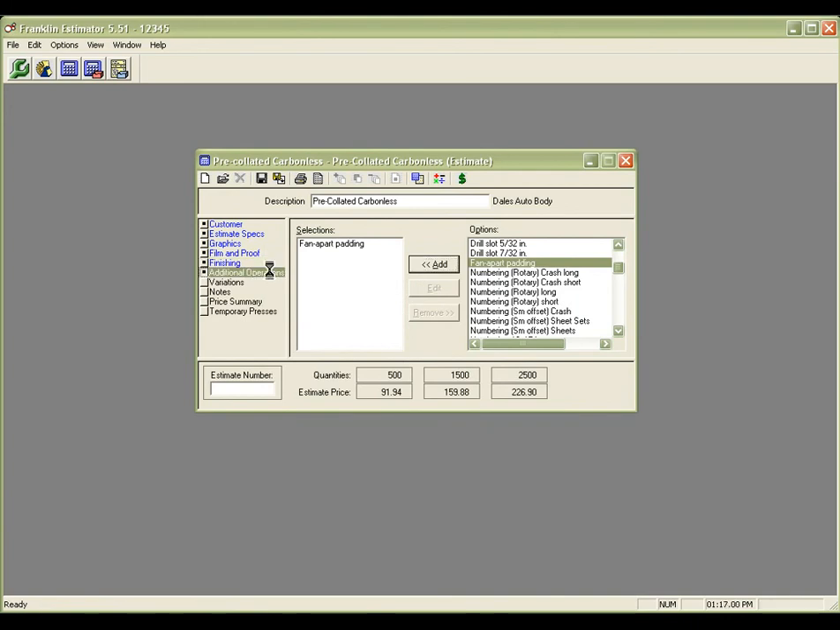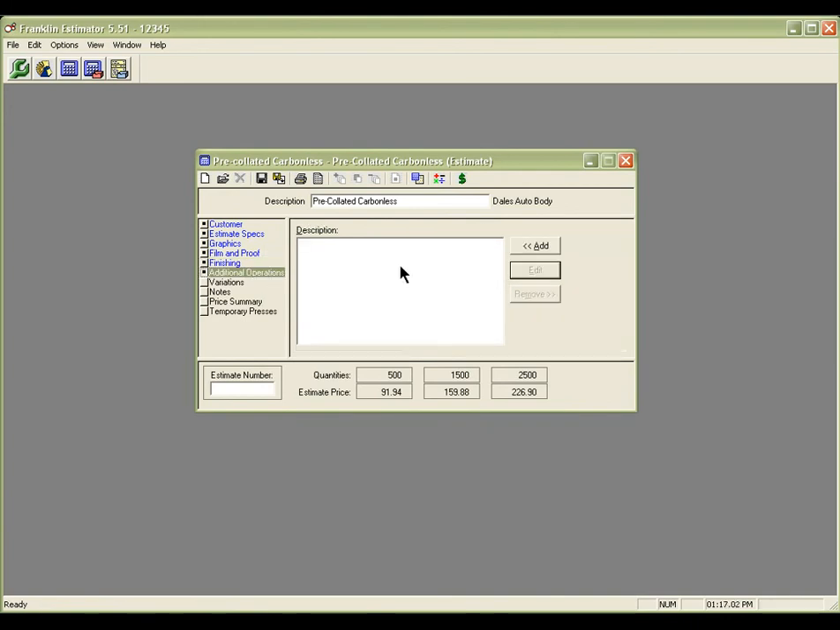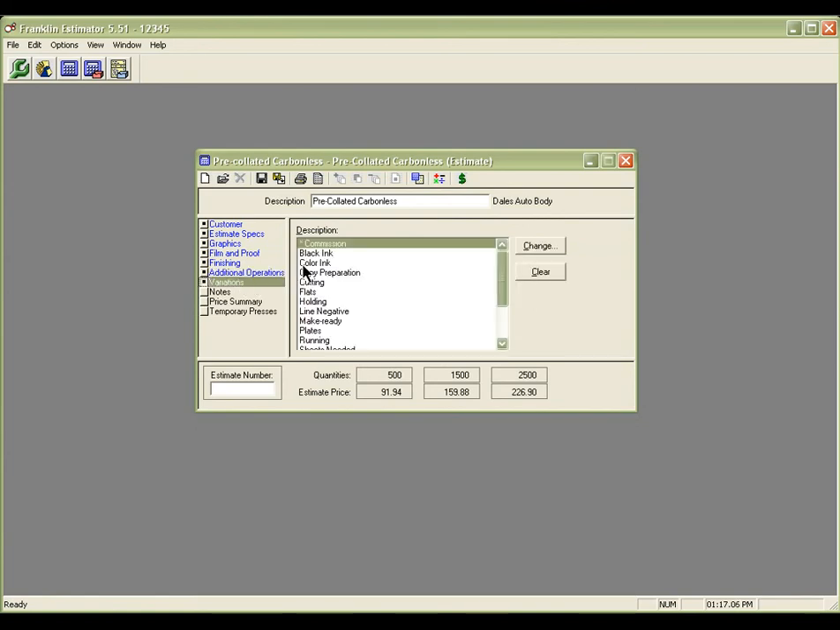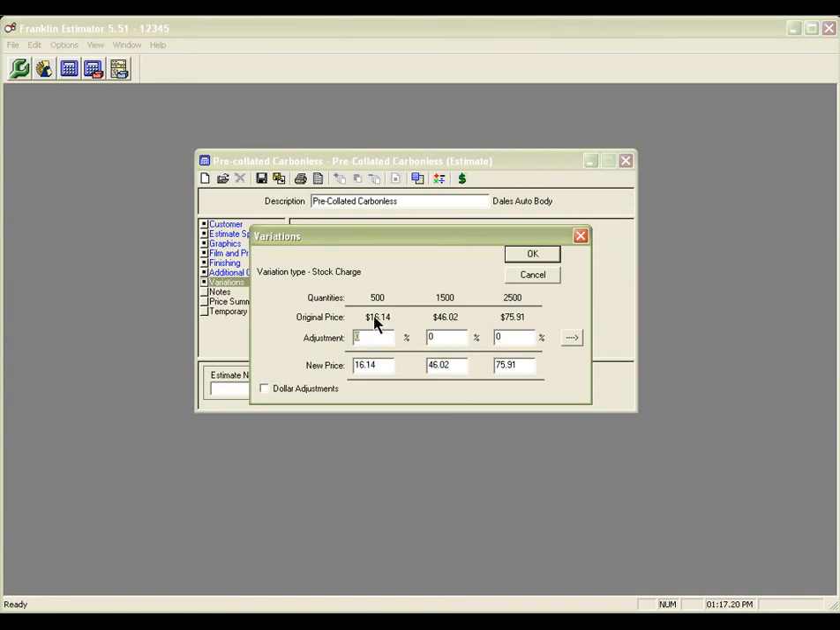And then from here we can visit the additional operations section if we wanted to add any additional operations. We also have a variation section here where if we'd like to adjust a specific section to this estimate, we can go through and change that. For example, if you wanted to change the stock charge, you could double click onto the stock charge and see how much it's being charged here, and you could change the price by either putting a minus sign and typing in a number here